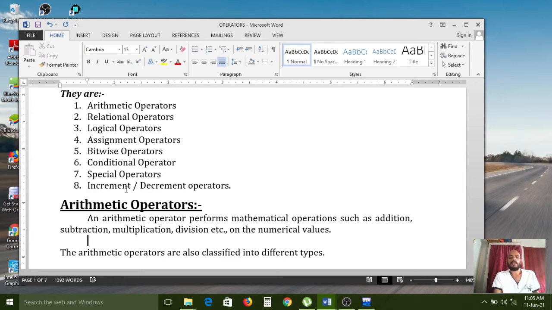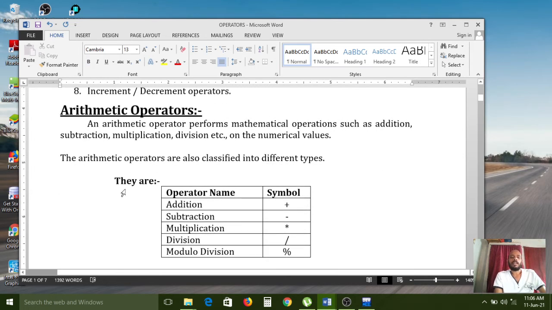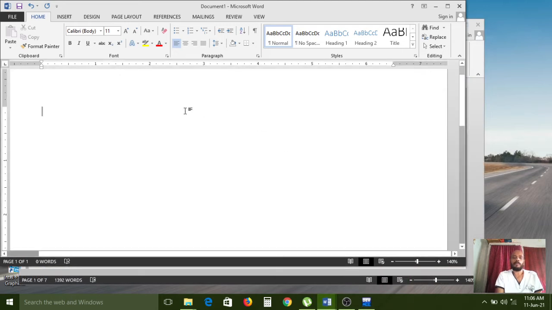And all these arithmetic operators only work on numerical values. Because if you want to do any calculation, you need to use arithmetic operators. On the numbers you have to do the calculation. If you want to calculate the total between two operands, this plus symbol we have to use. Okay. Now, actually an operator can be used between two operands only.